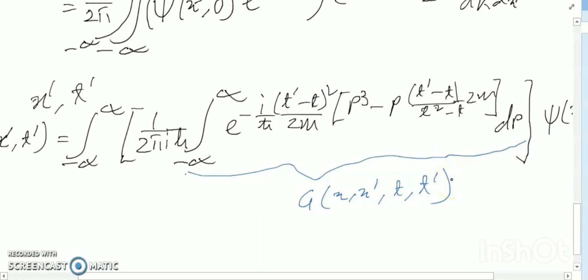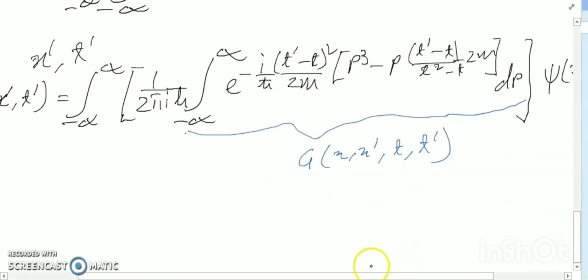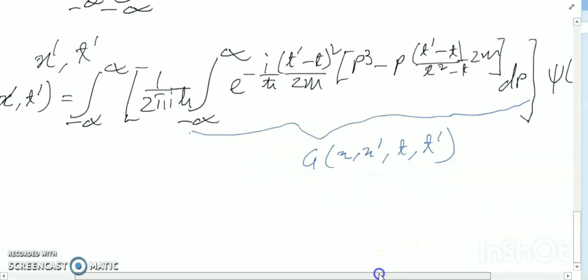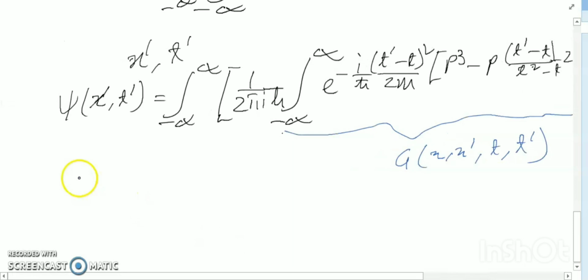Sometimes questions come asking to find Green functions. So the properties of the Green functions: